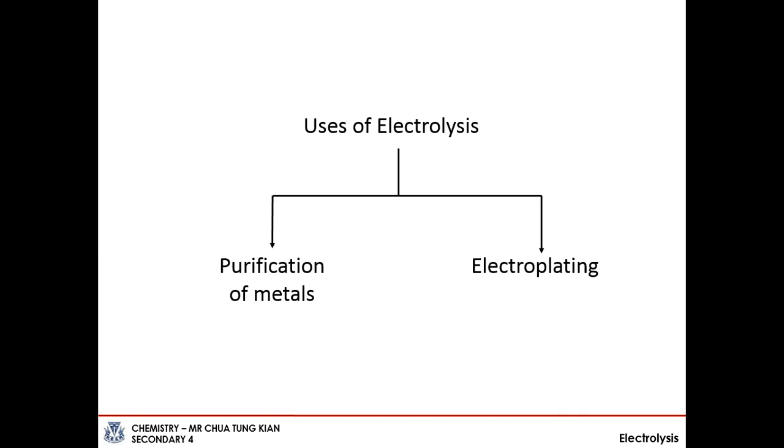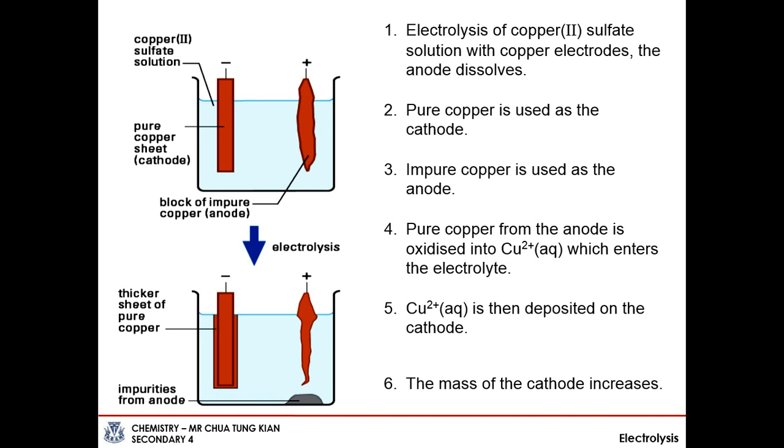In fact, as we went through the earlier scenarios of the different electrolytic cells, we have already covered these two things. But now let's put a context to what we have covered. So we start with the purification of metals. You recall this diagram from earlier, where we electrolyzed copper 2 sulfate solution with copper electrodes. Copper being a reactive electrode, it dissolves. So if you imagine this, if the copper anode here contains copper plus other junk,